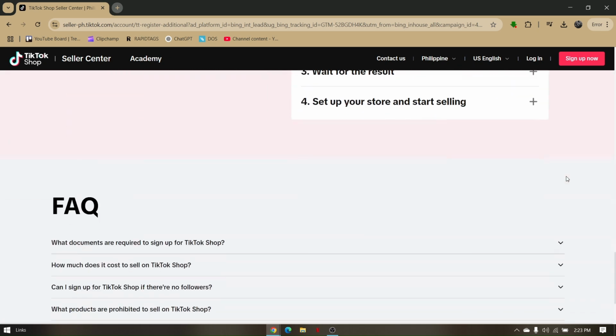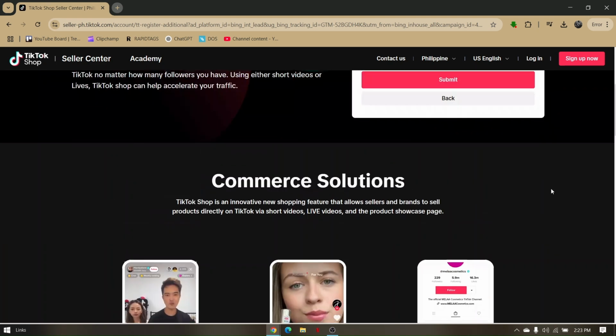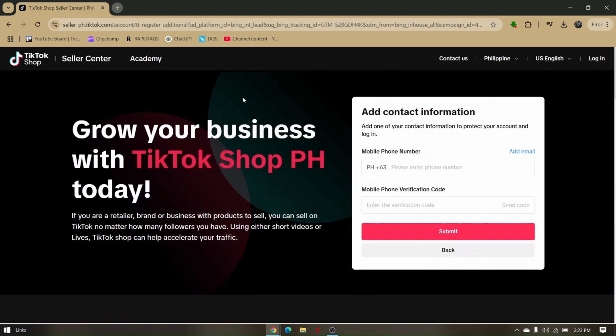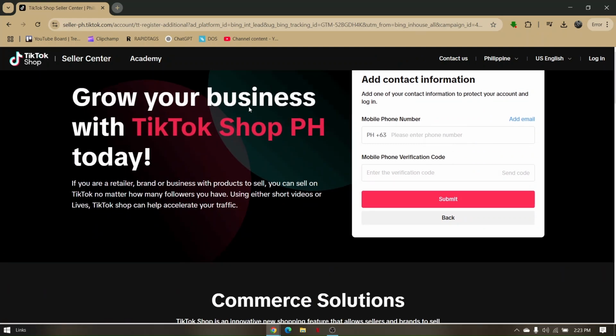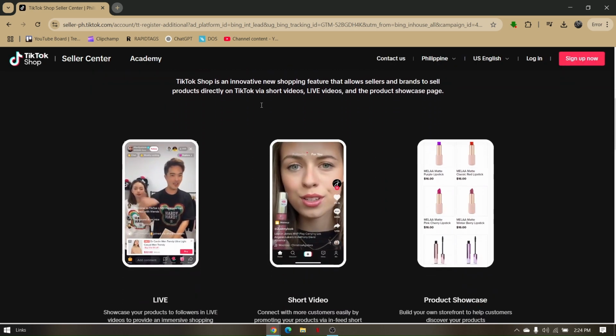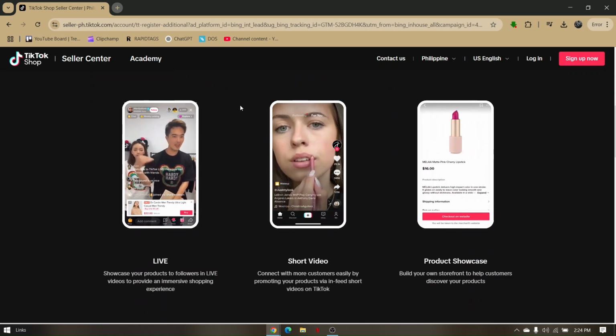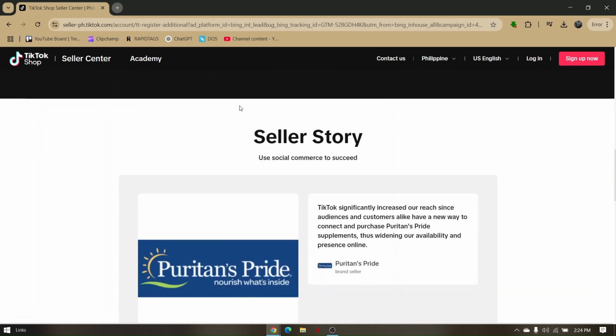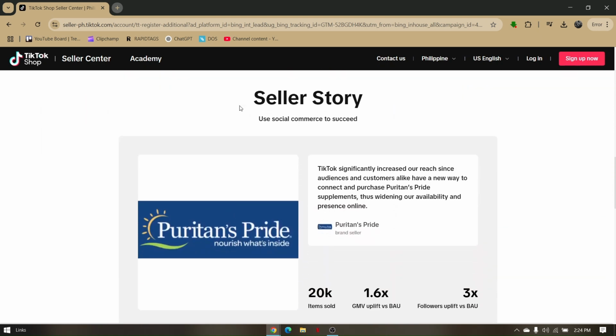Now, for you to be able to link it, all you have to do is to use the desktop or the web browser version of Seller on TikTok.com's official site. And here, just simply log into your account, and then once you've logged in, all you have to do from the left portion of your screen, you will see a bunch of options. Just head directly to My Account,